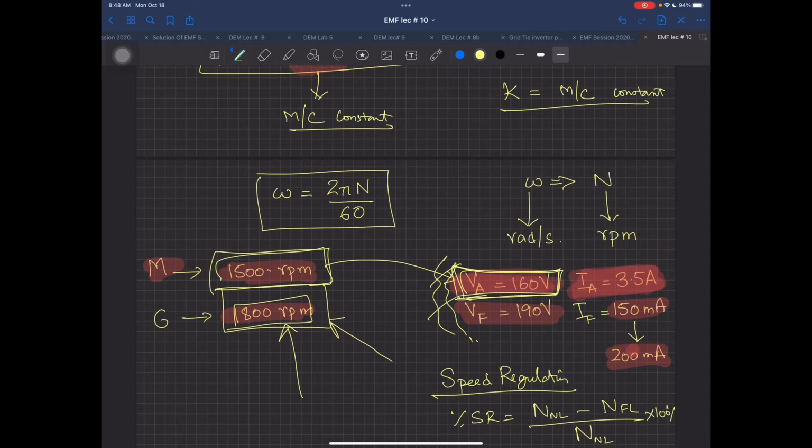Why? Because if you go to the West or somewhere in Europe, they normally write down the rated speed as the full load speed. But in Pakistan, there are two structures going on. We normally write down the no load speed. So on fans the rated speed written is the no load speed. But when you apply load on it, it will certainly drop. So for all types of machines, you are trying to find the percentage speed regulation, and the same formula can be written for omega: omega no load minus omega full load, divided by omega no load, multiplied by 100%.